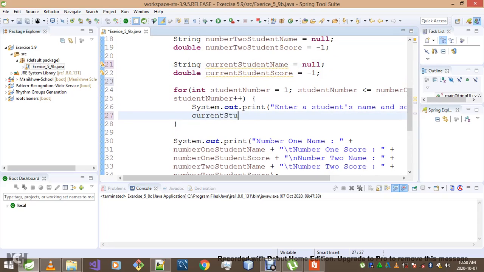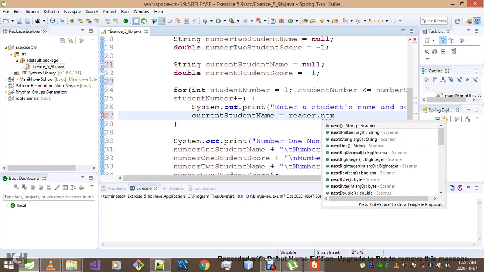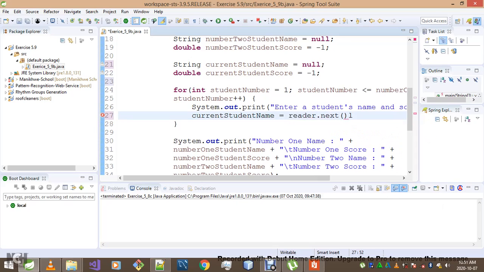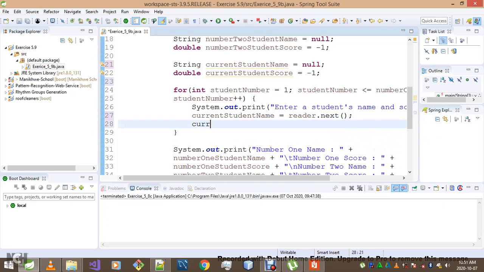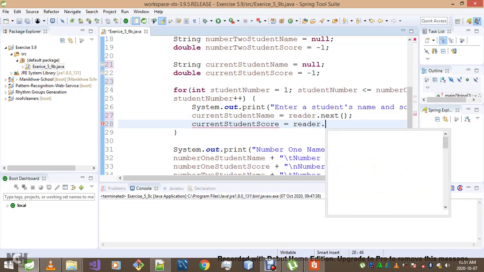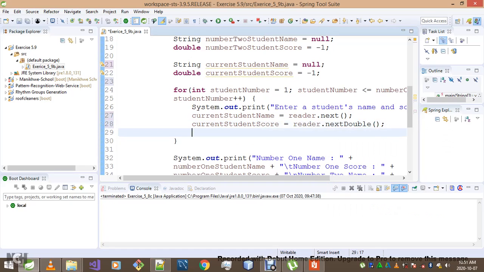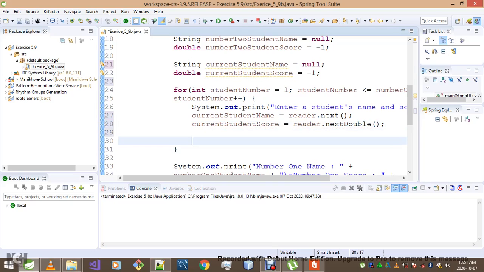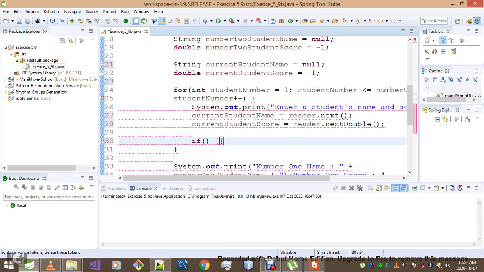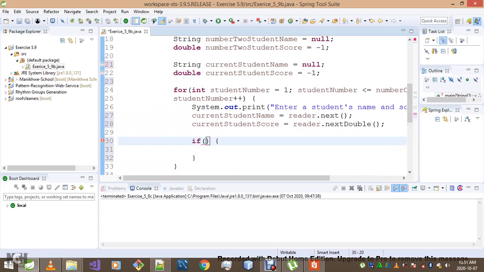We will simply go current student name is equal to reader, that's the name of my scanner, dot next, and then current student score, again reader dot next double. Now that I've got those two, what I'll simply do is to make sure again that what I've read from my user is acceptable. If current score is less than 0, or